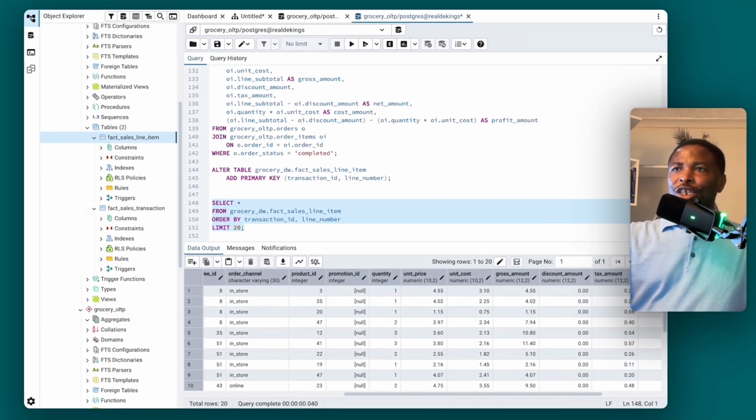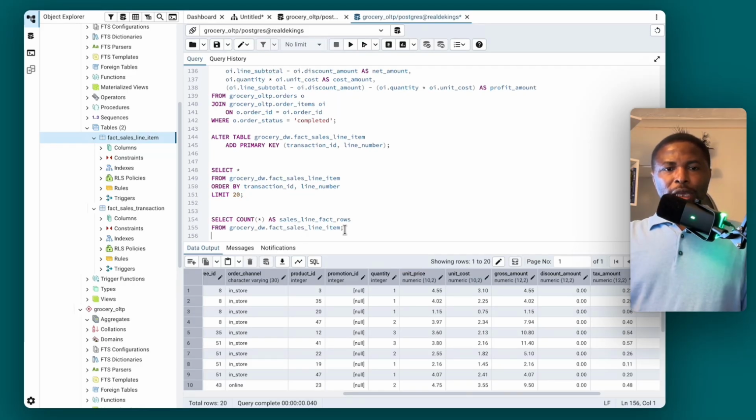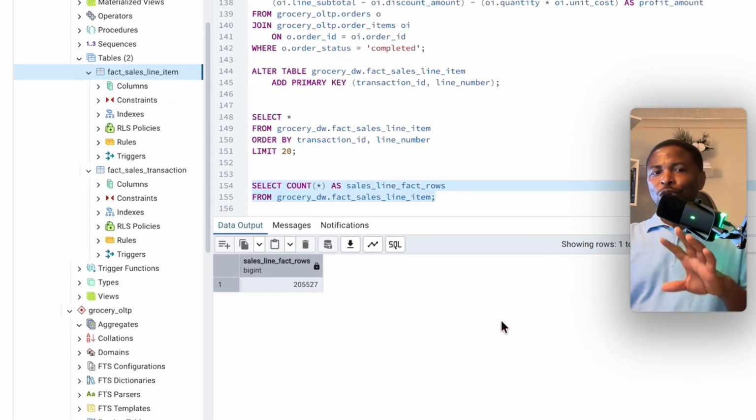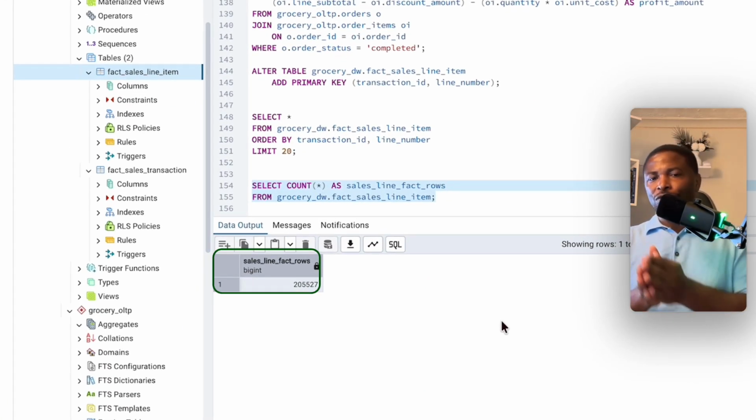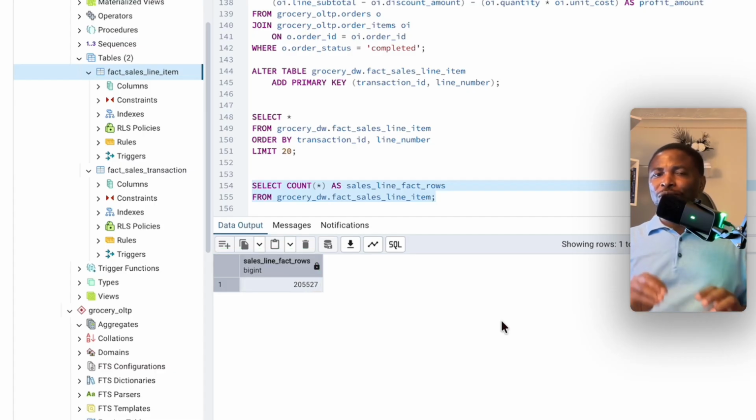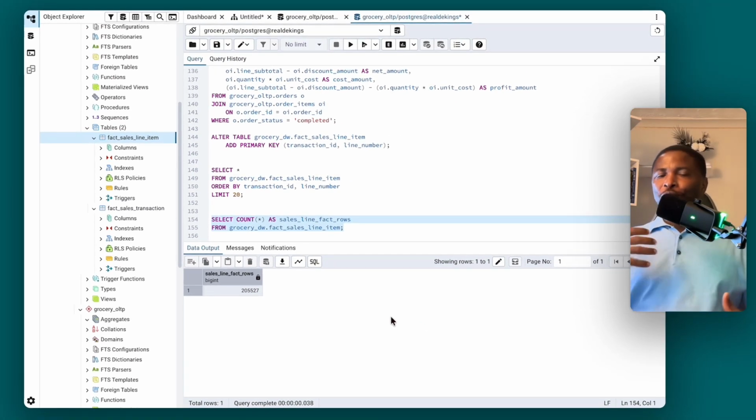Excellent. Let's also check the row count. Paste this here and run it. This row count, we have over 205,000 rows. And when you compare it to the previous fact table, which is about 60,000 rows, you will notice that this count is larger than the transactional fact table by far. And this is expected. It doesn't really mean that we have more transactions. No, it means we are now at a lower grain, and one order in this table can have multiple product